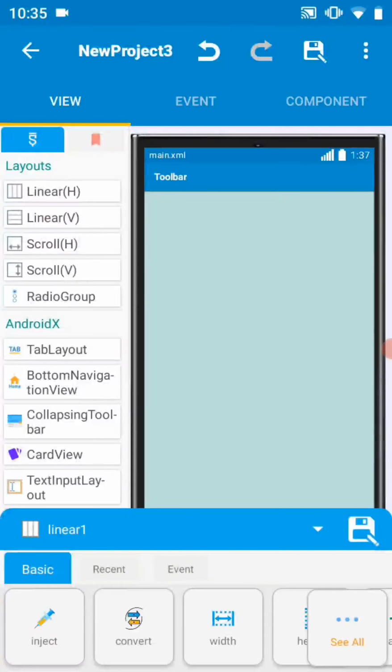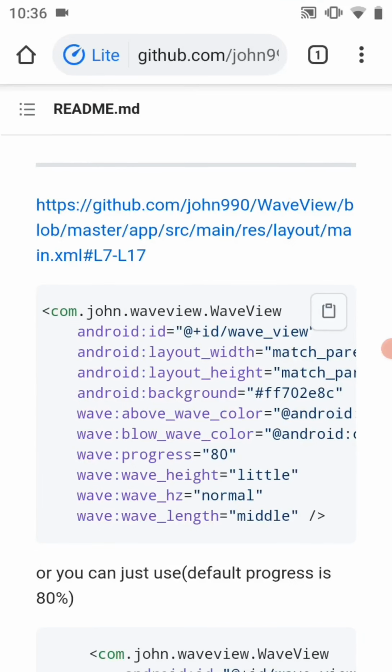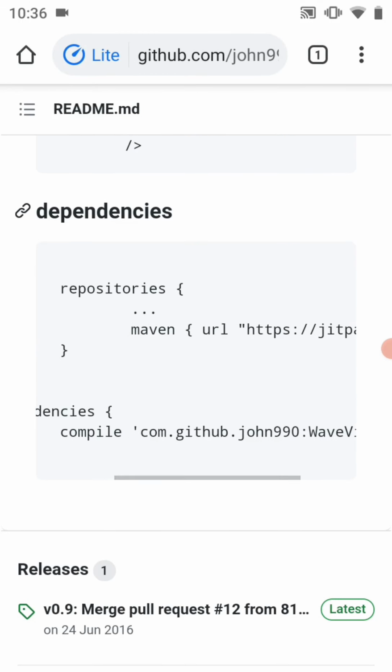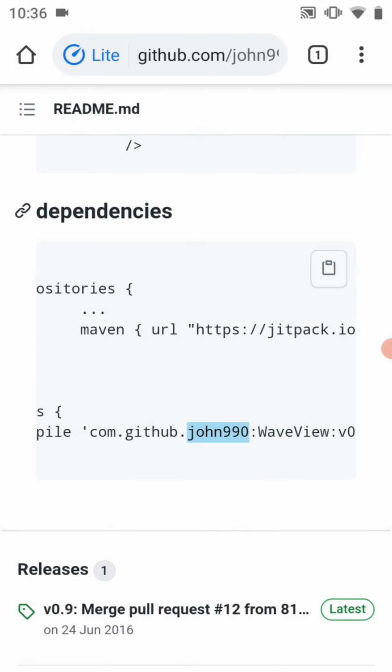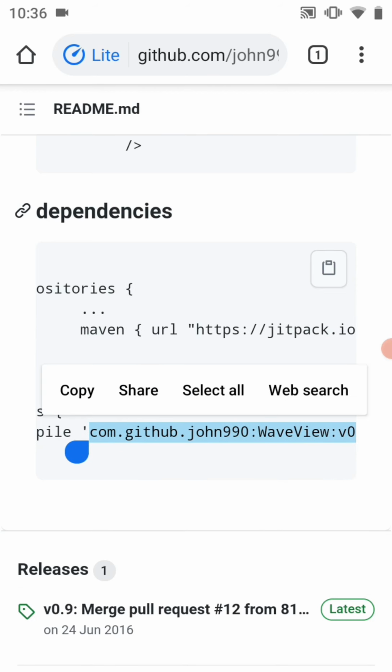All we need is the library. So you can find the library in local library app. I will leave the link as well in the description, or you can download the library from the official repo. I'll also leave the link in the description. So if you're going to use the dependency, that's if you're not going to download the library from local library